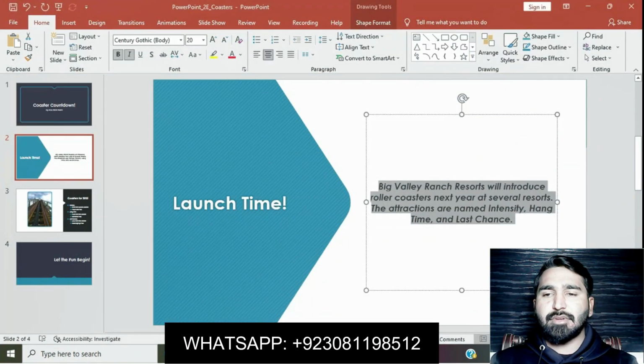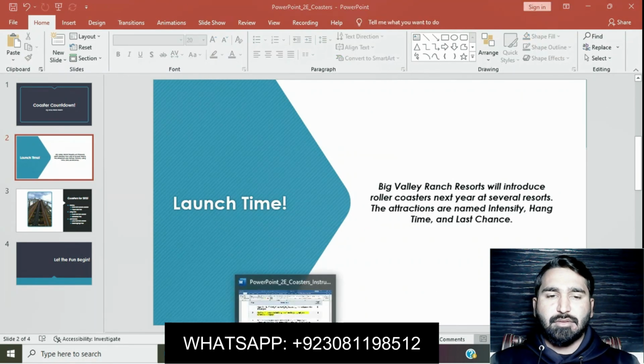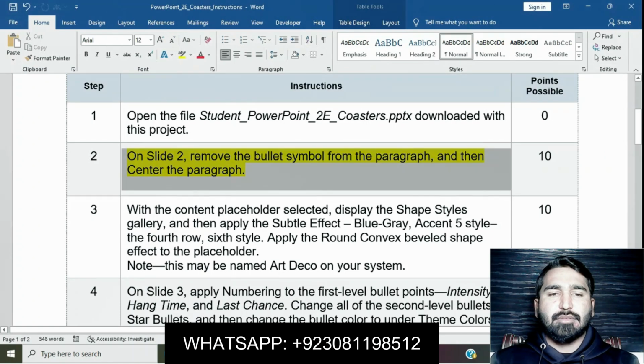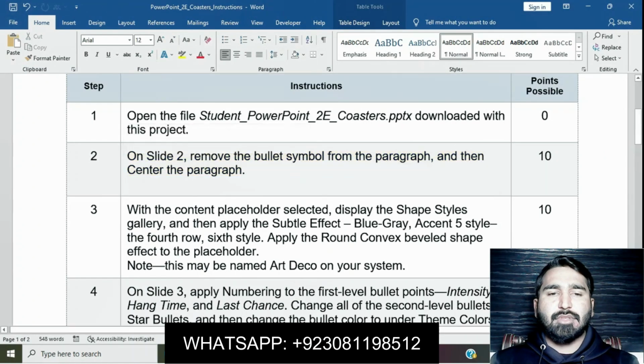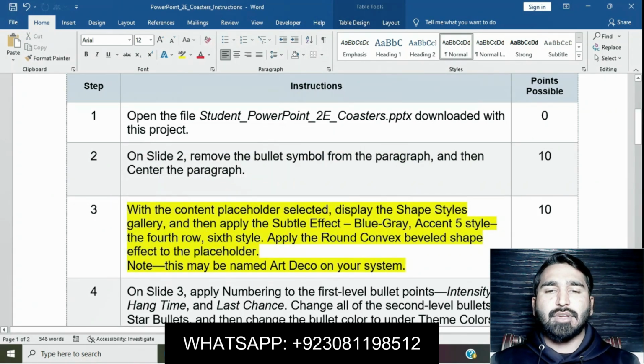Click on Center. Okay, this is done now. Now moving on to question number 3. In question number 3, with the content placeholder selected, display the Shape Styles gallery and then apply the